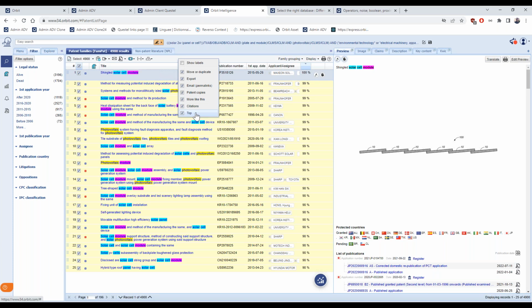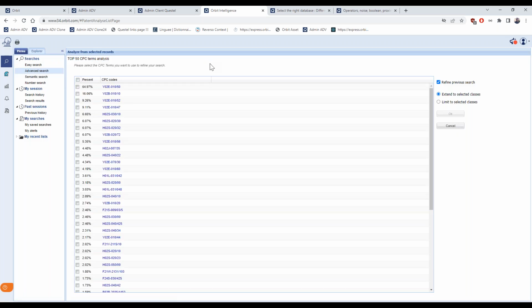And in this case, I'm checking if the top icon, that is this one, has been added. By clicking on the small arrow, I see the top function on different values, top assignees, different classes, and concepts. Let's see top CPC classes. You have a percentage on your data set of which classes are used more.